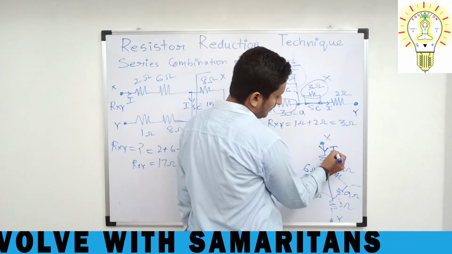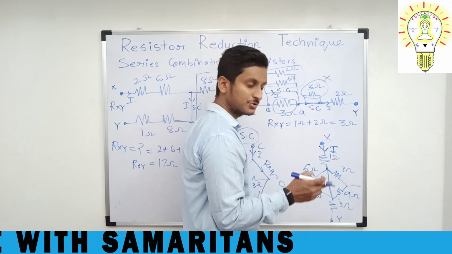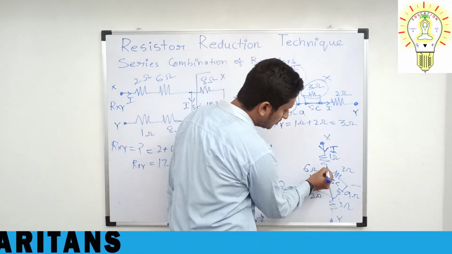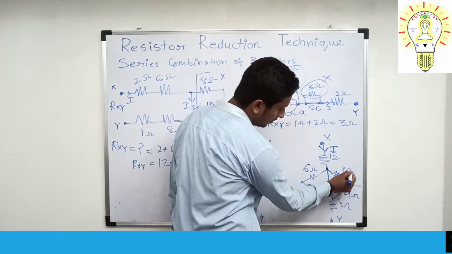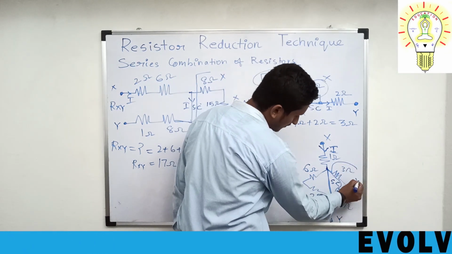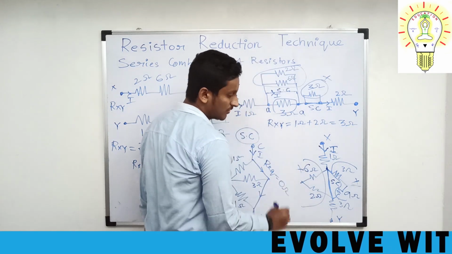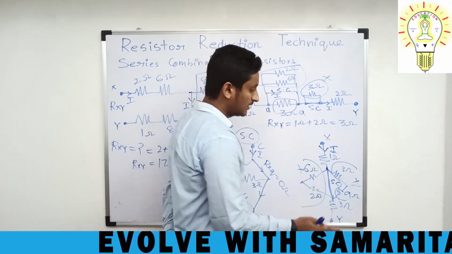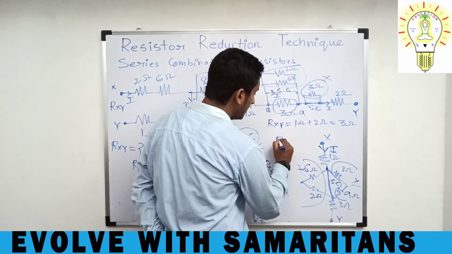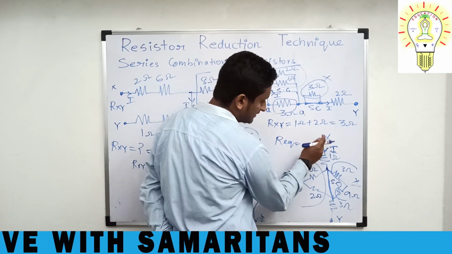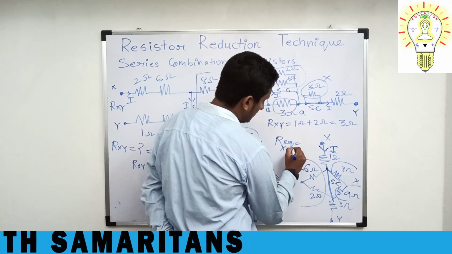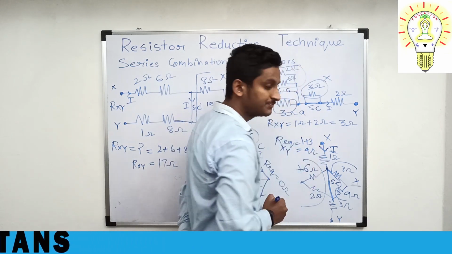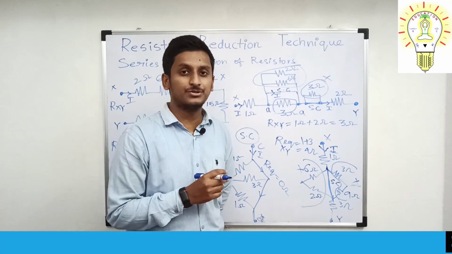So let us look at this problem again. Let us take current I. You have to check from where the current has to pass. Yes. As it is having a short circuit here, the current has to go through it directly. It will not flow through this path. From this path also the current will not flow. And the current has to flow through the 3 ohms also. Now the current is passing through the 1 ohm and 3 ohm. So the R equivalent between X and Y is equal to 1 plus 3, that is equal to 4 ohms. I hope you have understood the short circuit concept.